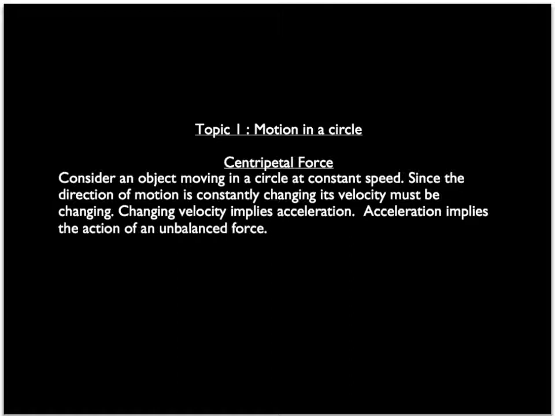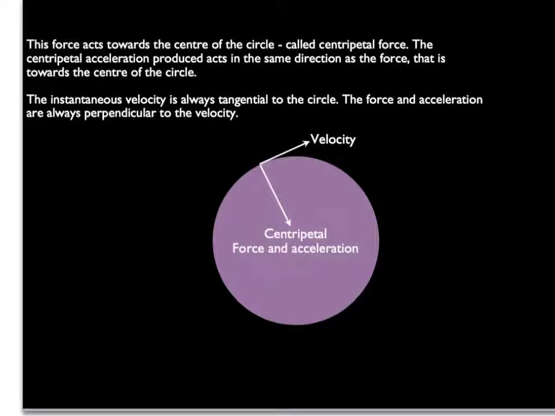And there are different sources of the centripetal force. For example, for the Earth moving around the Sun, the gravitational force is the ultimate source of the acceleration, the force that provides the centripetal force. Now, this force is always acting towards the centre of the circle, and hence the name centripetal force, which means centre-seeking in Latin. The centripetal acceleration produced acts in the same direction as that force, that is towards the centre